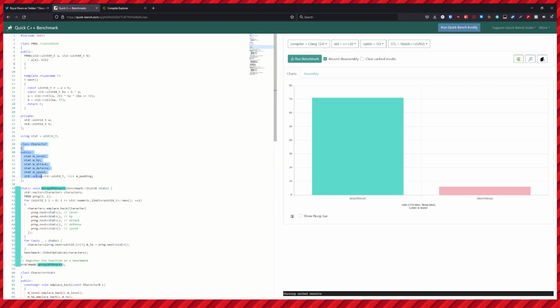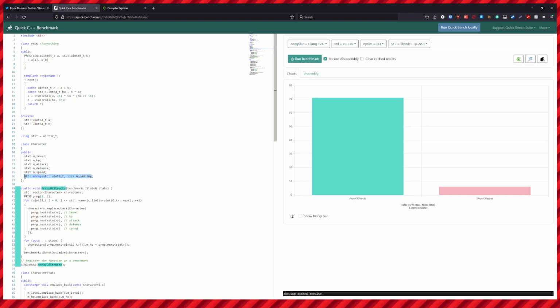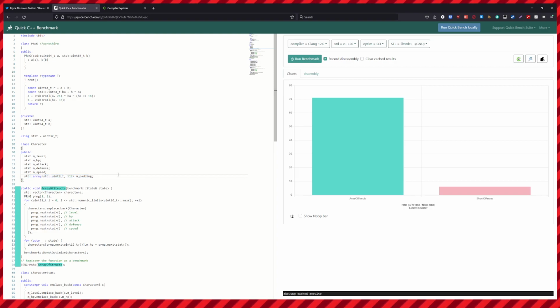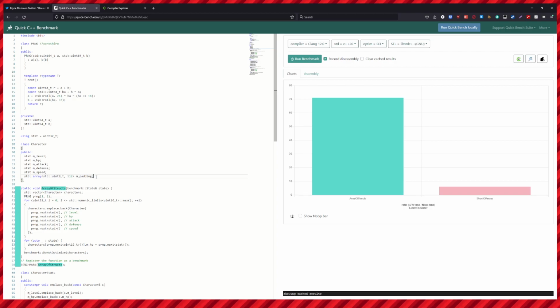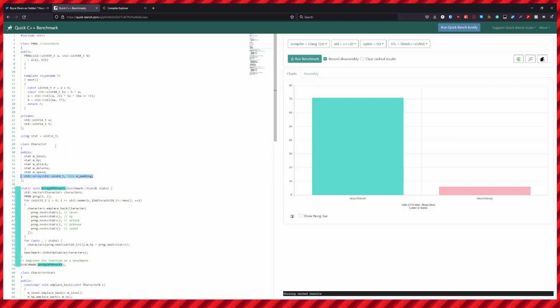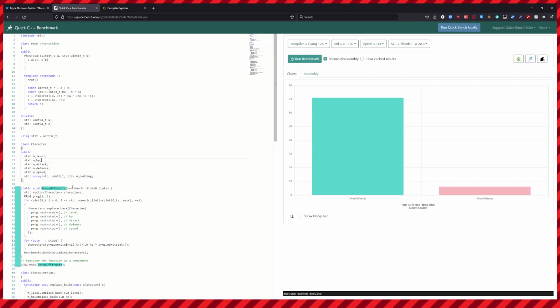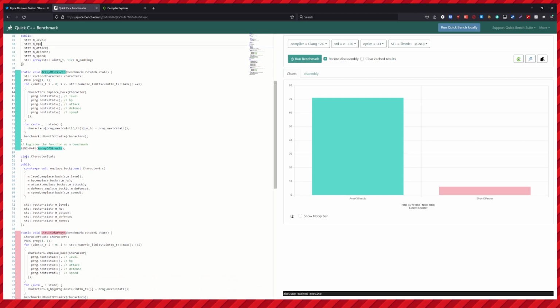I make a character class for the object-oriented approach with some stats in it. And I also gave it half a kilobyte of padding to simulate the idea that these characters might have more to them than just these few stats. Maybe there is a name, or maybe there is some character class data. Just imagine that there's a larger structure behind this that I couldn't be bothered to fill out for this pure speed test. And then at the bottom, I have another class to hold character stats, and then I have vectors